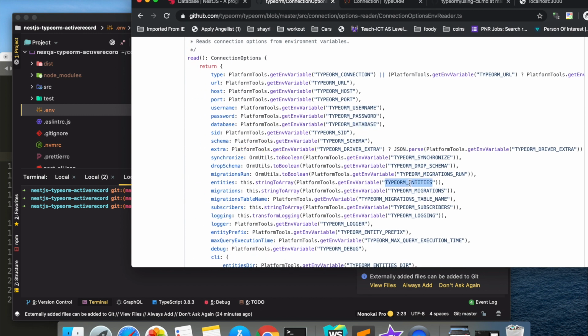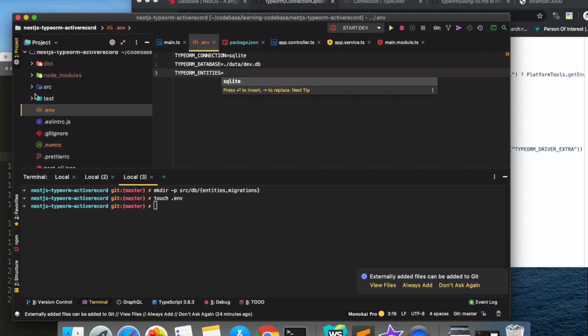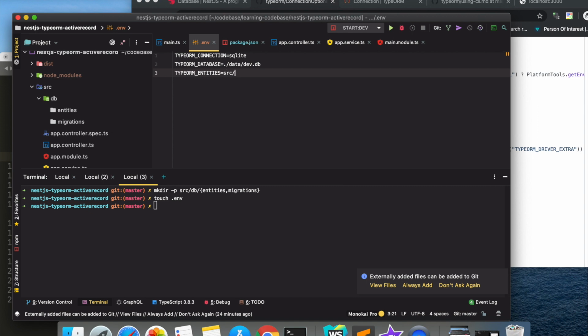The next one would be TYPEORM_ENTITIES. This would be the path where your entities are. Our entities would be in src/db/entities. Basically if we just give it like this, src/db/entities, it would pick all the files in the entities directory.